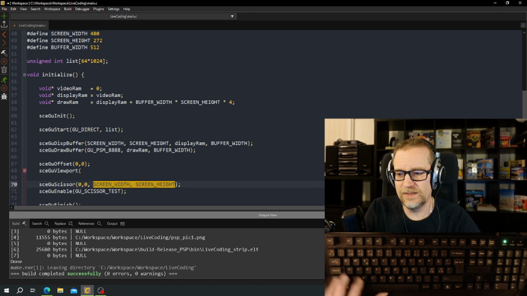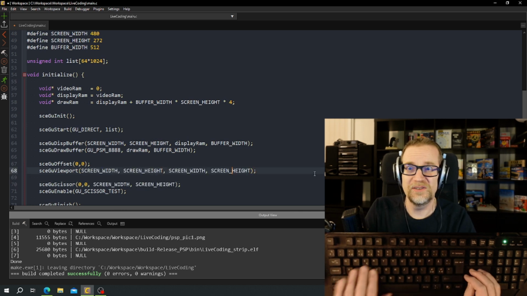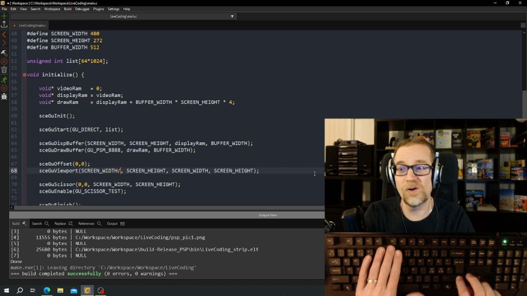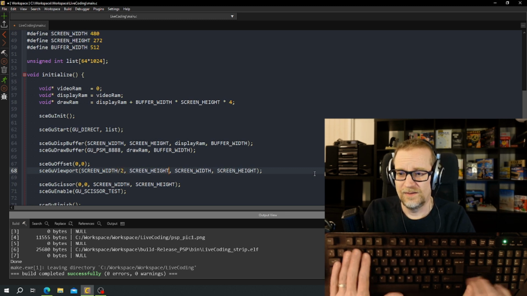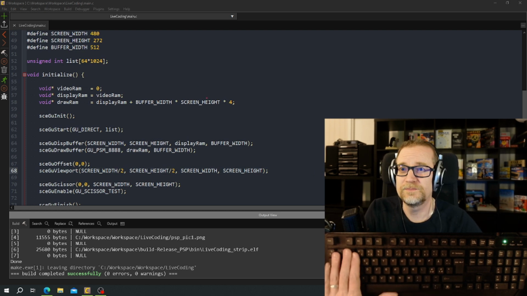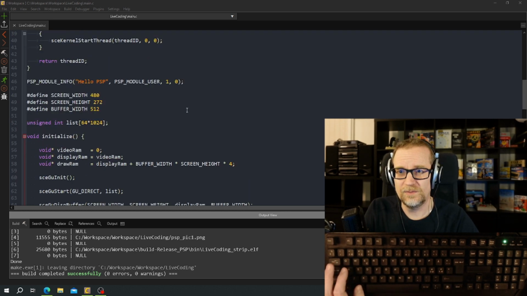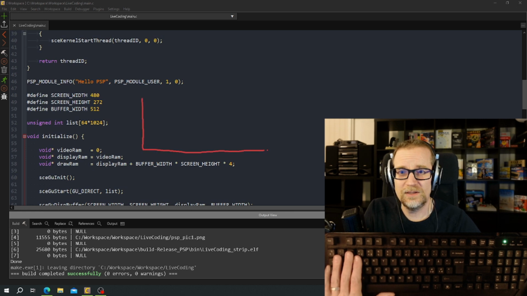And the viewport is odd. The parameters to this command are odd. So the PlayStation has a screen, and let's see if I can scroll up a bit so I can get some more gray area. Here we got the screen